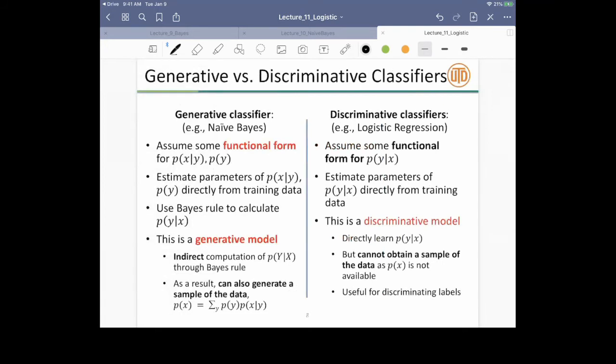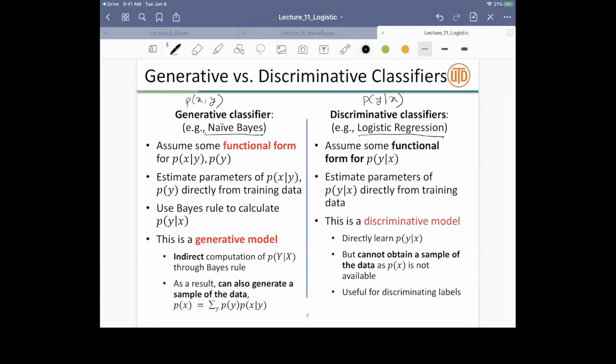This looks at the difference between generative learning and discriminative learning. Naive Bayes is a canonical example of generative learning, and logistic regression is a canonical example of discriminative learning. A generative classifier directly tries to model P of x comma y, which is a joint distribution. A discriminative model assumes some functional form and tries to model P of y given x. You don't really care about P of x. You only model directly the thing we use for estimation, which is P of y given x, so you can ignore P of x.